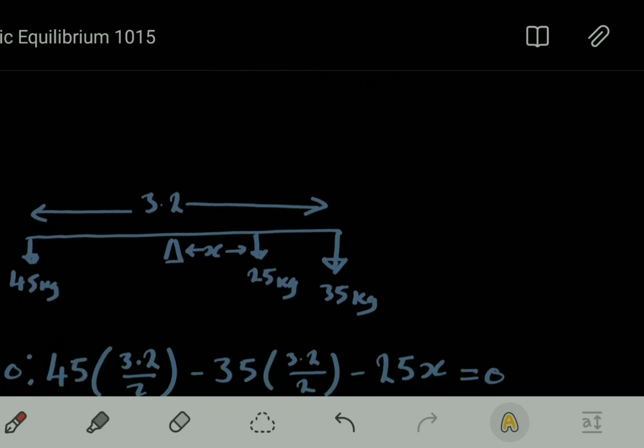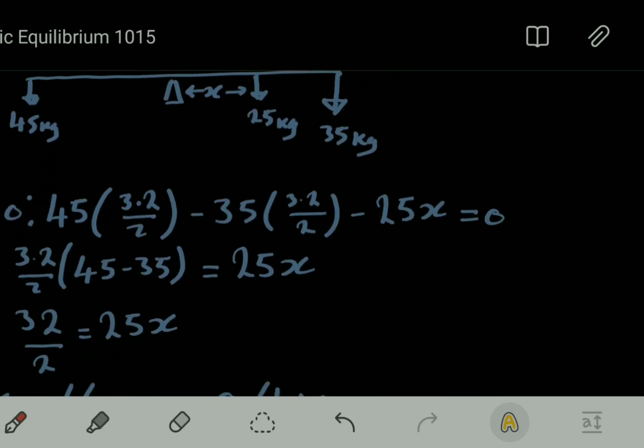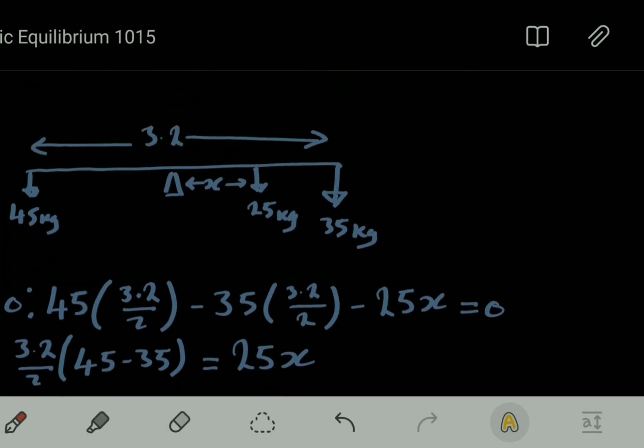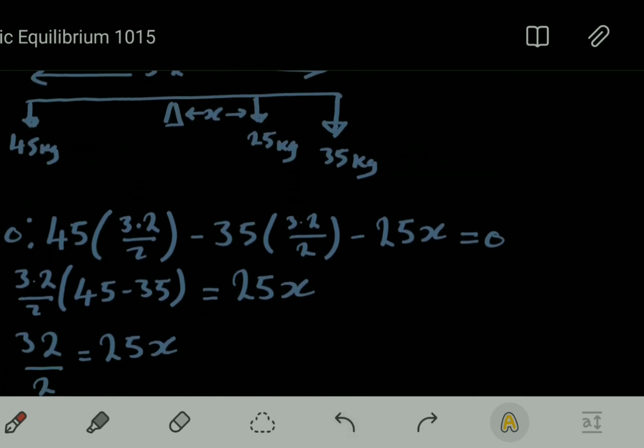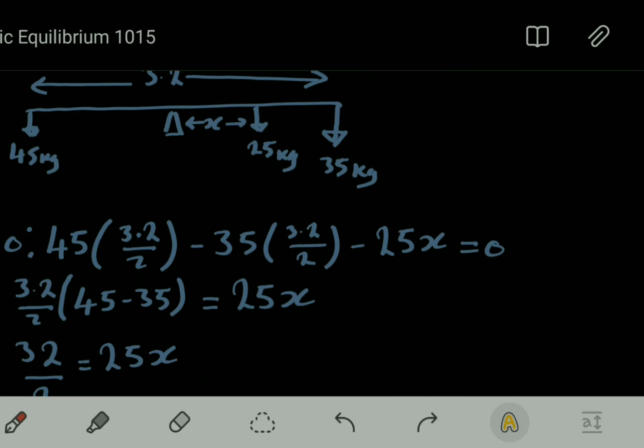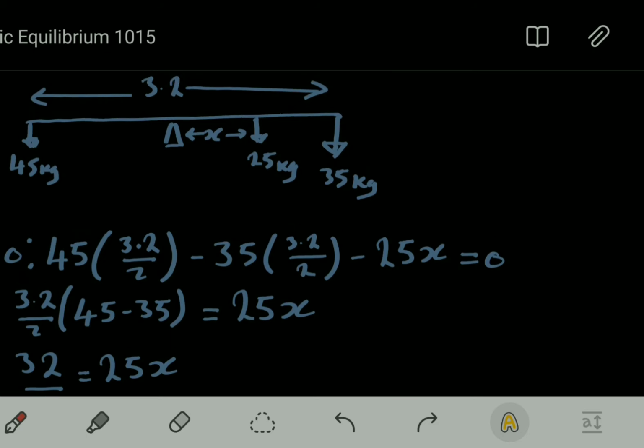Okay, so we also have question 8 here. Question 8 is another question that requires us to find the position of the third girl. Here, you consider the sum of the torques. It has to be 0, of course. So we have the sum of the torques being equal to 0, and since we want to find the position